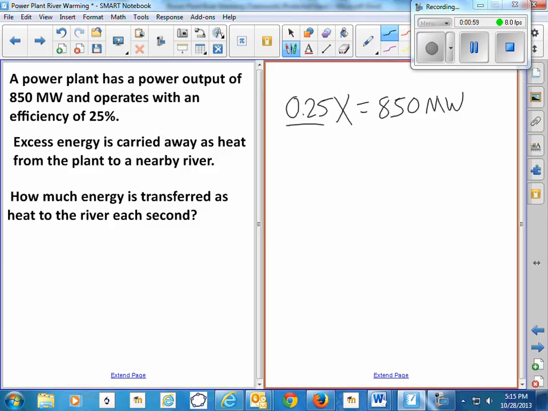So let's find out the total energy put into that thing. So the total is equal to 3,400 megawatts. Okay, so if we subtract the 850 that was useful electrical energy,